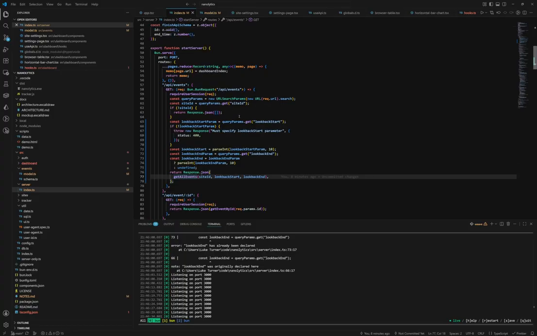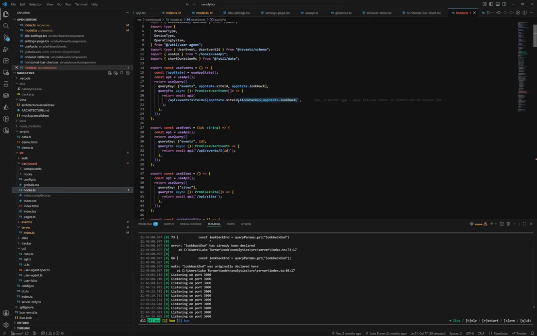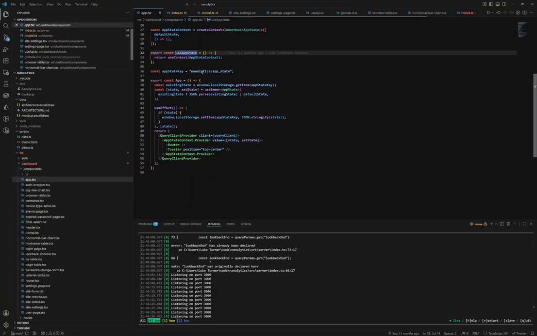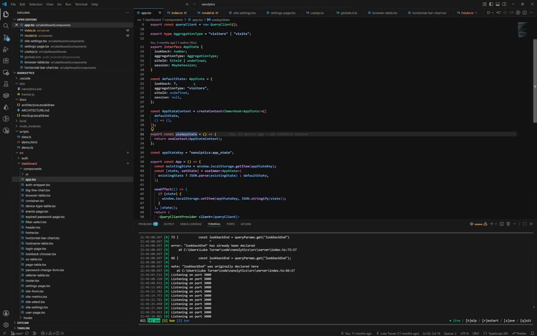So what now? Now we need to update the client, right? We've updated the server. So now let's update the client to send our parameters back in the new format. Let's look at our dashboard hooks here. So this use events hook is the thing we care about. And here, we're actually going to need to do something in the app state. So this look back here,